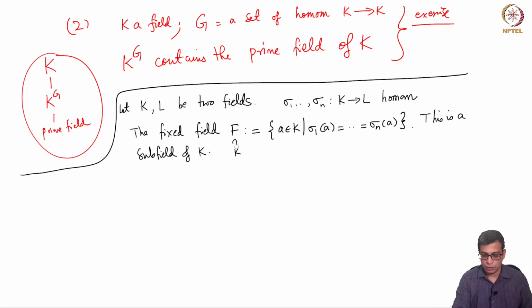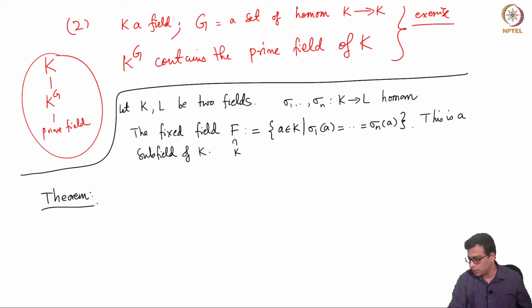So now the two theorems I'm going to prove, which I said already are very important. In the first theorem, we are going to be in this general setup where you have two fields and homomorphisms between them. In the second theorem, we will do the main case that we are interested in, where K and L are the same. So the first theorem in this video says the following.